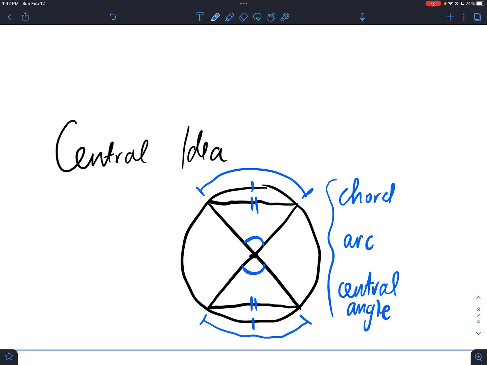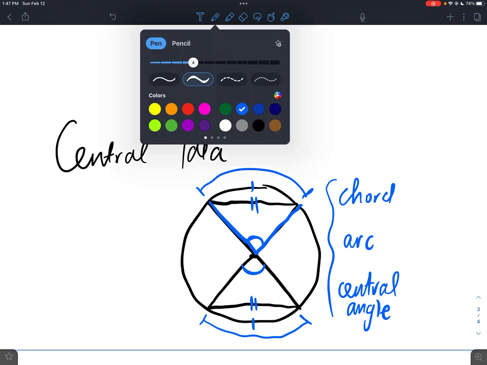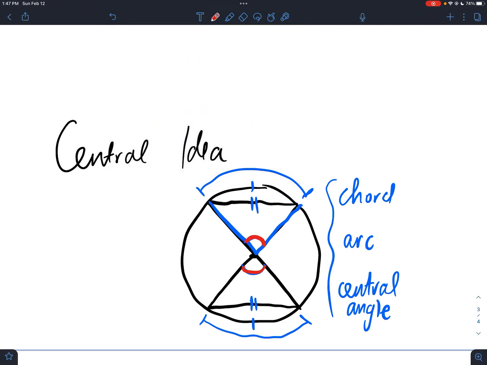And then finally, the other central idea was the first one, which was this merging together of these three new vocab terms: if you have a central angle, the arc, and the chord that it opens up to, they are all related, right? If this is equal to this, which it is by vertical angles, then this is equal to this, and this is equal to this. So if you have one matching